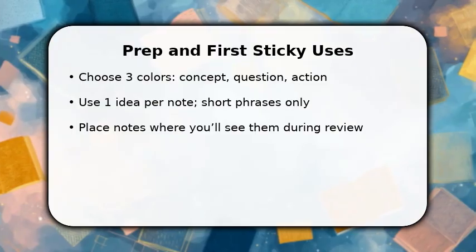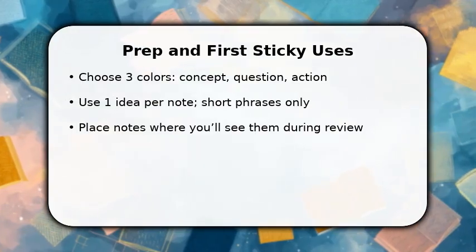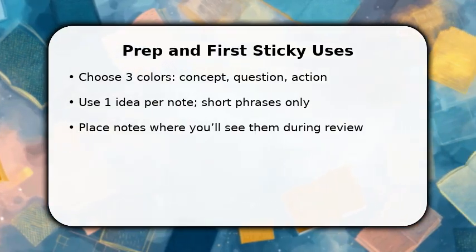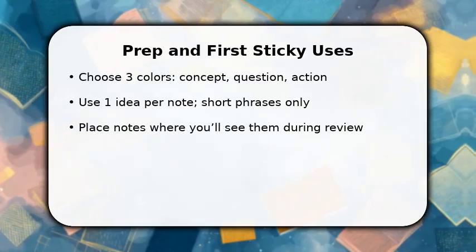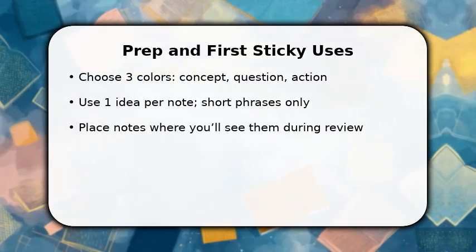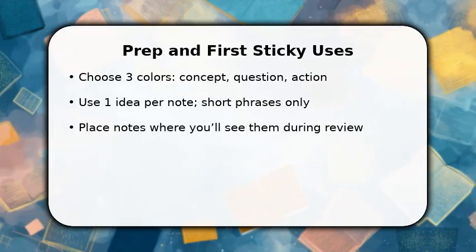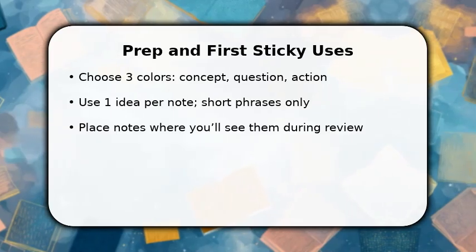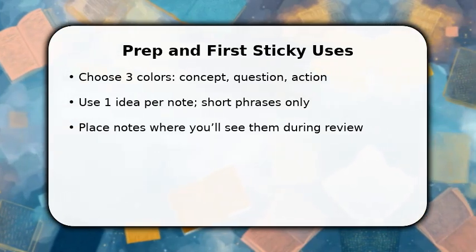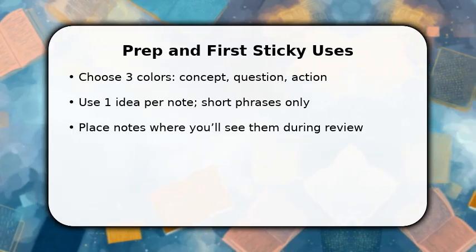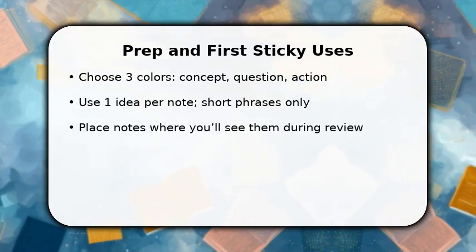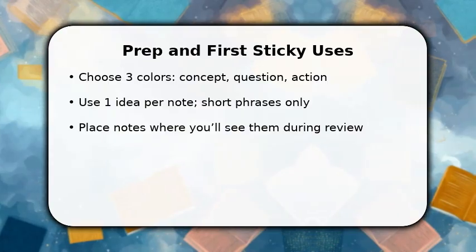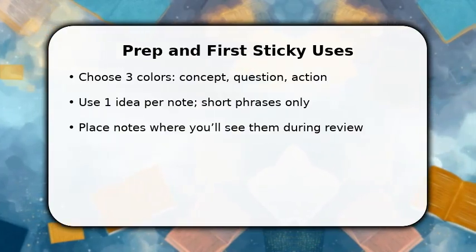You begin by selecting 3 sticky note colors so each has a clear role: concept, question, or action. Once chosen, write one idea per note and keep phrases short so you can scan quickly. Stick notes along page margins, textbook edges, or a study board where they won't block text. Make sure to use a consistent shorthand or symbol system. This speeds recall later. If you start now, you build a visual map of your material and avoid clutter before